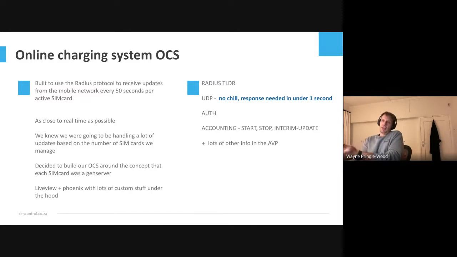Every time you dialed up with your modem, it sent a Radius request, and that would log how much time you were online for. Not much has changed, and we still use Radius to date, and that's how the networks update us about how much data a SIM is using. Every 50 seconds, on a good day, we get an update for every single SIM card. So this is about as close to real time as possible.